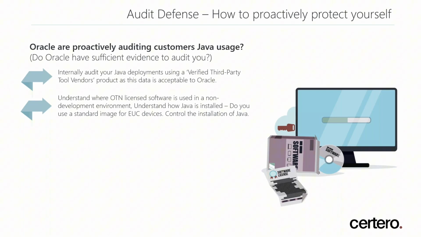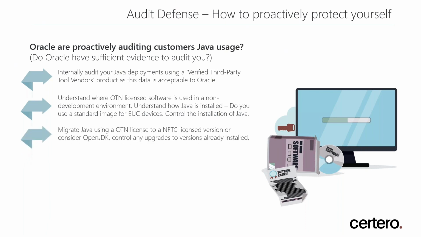So I'd suggest you control the installation of Java. Once you know what you've got, then you can consider migrating from OTN to NFTC licensed. But remember, every 2 years you'd have to do an upgrade, or people have been going to OpenJDK. The problem with OpenJDK is you may not get the support you require, and you need to look at the